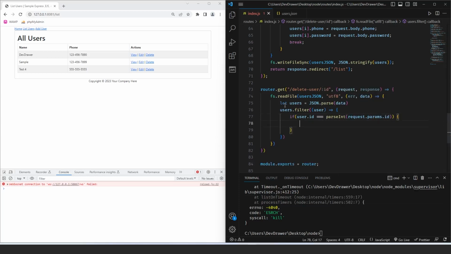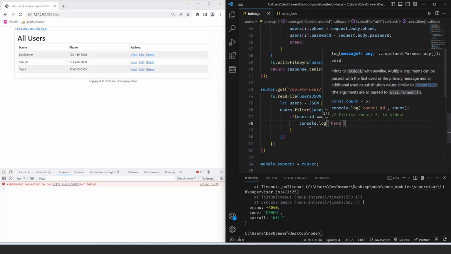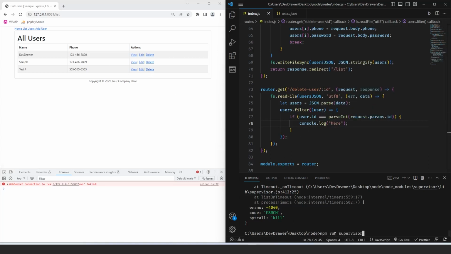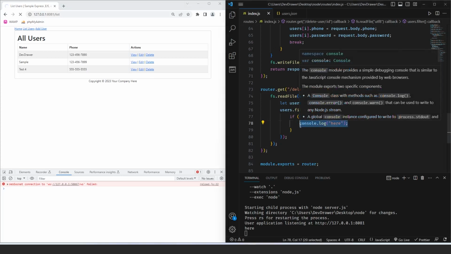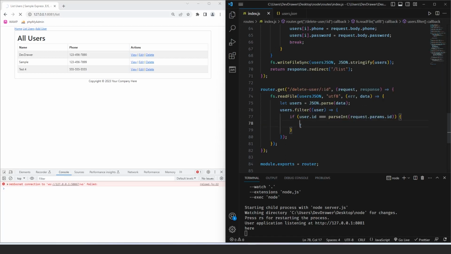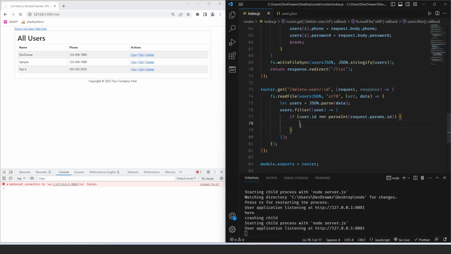So we're sending over the request parameters for it. So if the user equals this, we can do console log just to test it out here. Okay, so if we turn our server back on, delete. Okay, so it is hitting that. So the user ID, it is telling us that it is hitting inside of this. That's a good sign. Okay, so now that we're in there, let's do